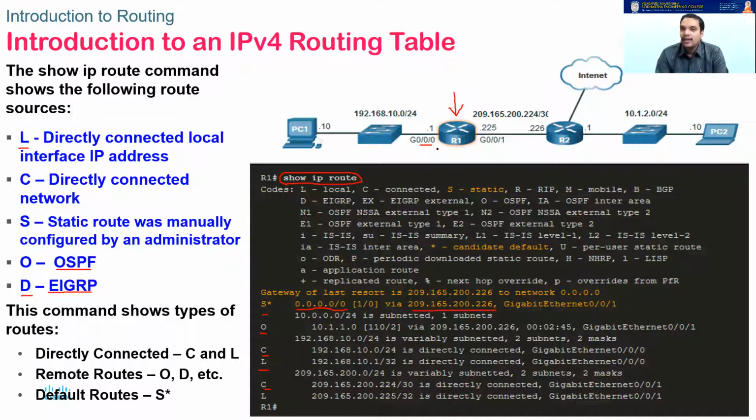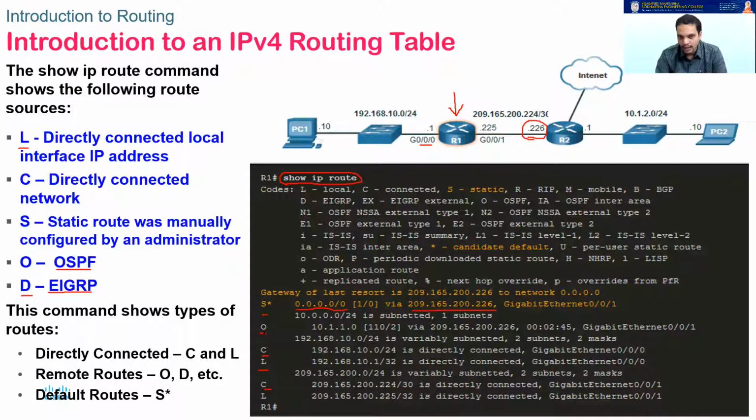It means that if the router R1 does not know what to do with an incoming packet which has an IP address which it does not understand, it will simply forward it onto the .226 interface of R2. This is the default gateway. And similarly, this is a default route that has been set. Okay, this is not my mistake. It's not default gateway. It's a default route that has been set, and also the static route. I have given it manually, so that shows it's a default route and also the static route.